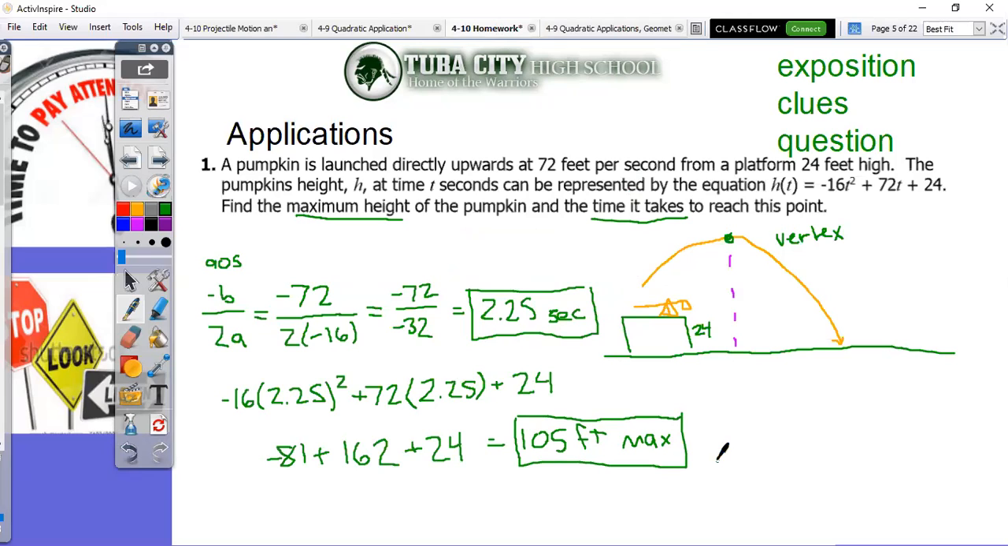And let's ask ourselves, does that make sense? So if something is launched upwards at 72 feet per second from a high platform, does it make sense that it would reach the height in about 2 seconds? And that would be about 100 feet. All right, so I know this is a little bit of a different type of